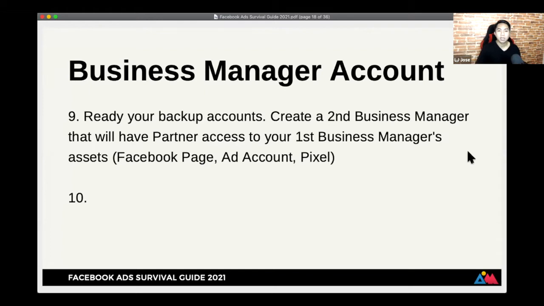Whether mistake ba ni Facebook or mistake mo, may policy violation ka or whatever, meron ka talaga dapat na backup account. Okay? So, with Business Manager, you can create 2 business managers kasi. Pag na-set up mo na yung isang business manager, okay na yon. For the second business manager, this will just have partner access to your first business manager. Okay? Same, dapat may backup admin din. Dapat, if you have other pages then, you can put it there, or similar pages to your main page para if ever ma-disable nga. For the ad accounts, wala kang magagawa doon. So you have to really create the ad accounts in the second business manager.